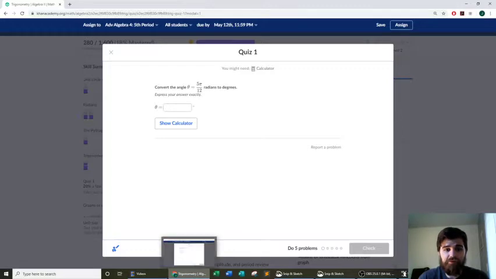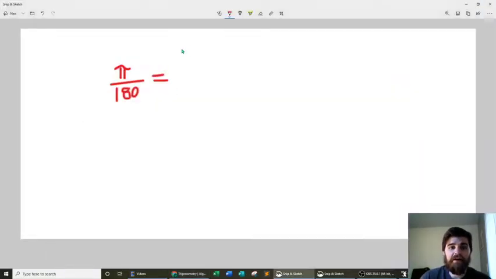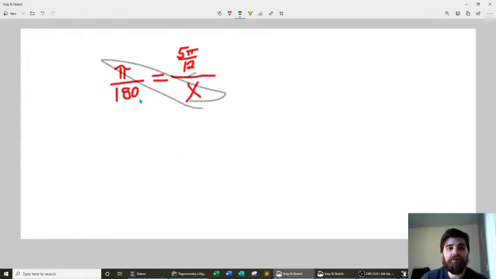So if we can set up this conversion ratio, then we can solve for anything. So we're looking for what is 5 pi over 12 radians in terms of degrees. This will look a little scary because we have this complex fraction here, but we're just setting this up as a simple comparison. Pi is to 180 as what is to x. And we can always set up this problem this way and then solve for that missing x piece. So we're going to go ahead and do our little cross multiplication shortcut. So we get x times pi